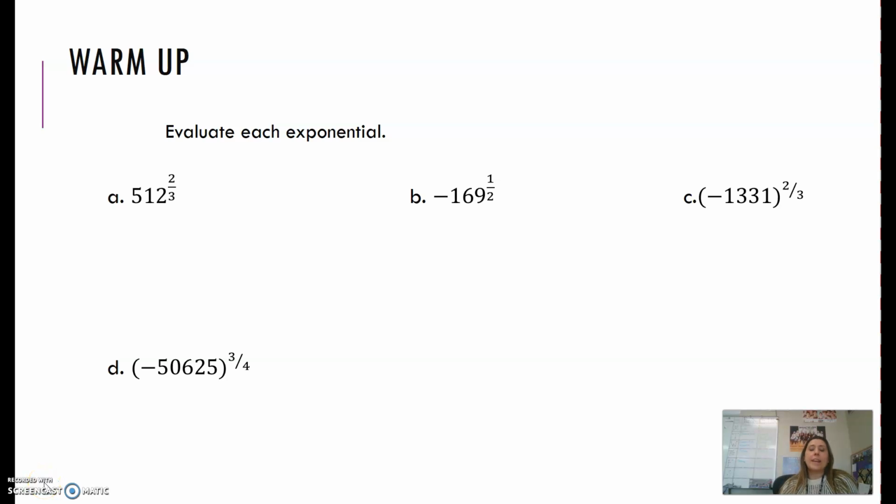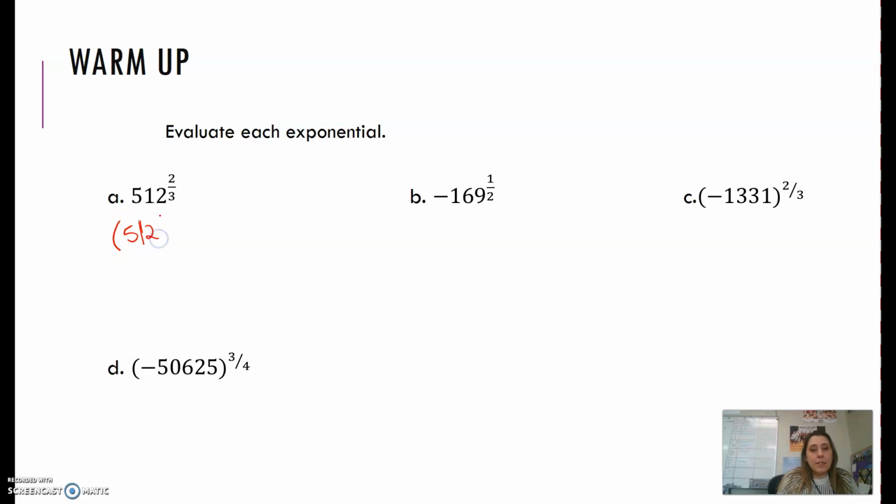Hello functions. Okay, so this was the warm-up that we did in class today, so go make sure you have this in your notes and make sure this is something that you can do. If you have any questions on this, let me know. So when we started this, we rewrote this one as